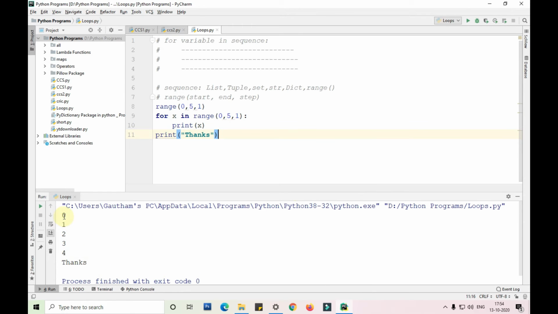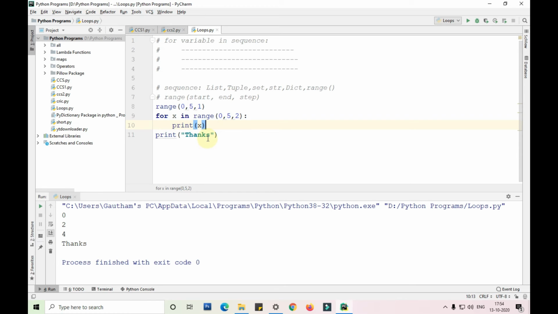So here you can see the range function is starting from 0, 1, 2, and ending at 4. It is incrementing by 1 every time since we gave 1 here. Similarly, if I give 2 here, you can see the output will change. 0 to 4. That's it. And since 5 is coming, it is just skipping that and printing up to 4 there.